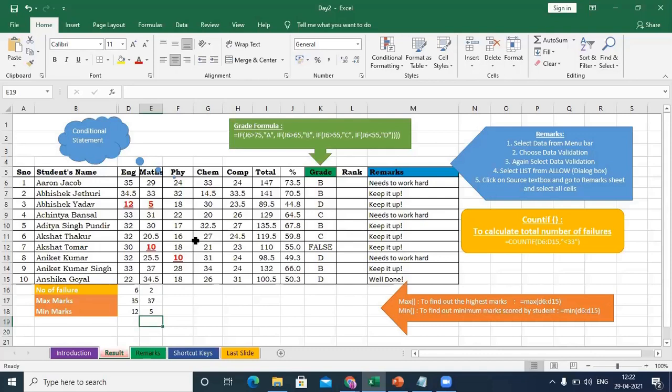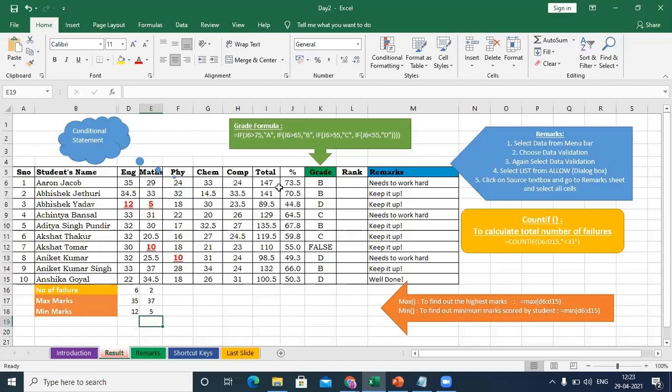And if you make one Excel sheet that you can use for your entire year, make one blank sheet, put all the formulas and copy that sheet every time whenever you have UT1, UT2, half yearly, finals. You only have to add some cells, that's it. For UTs, you can make one sheet and you can use it everywhere.